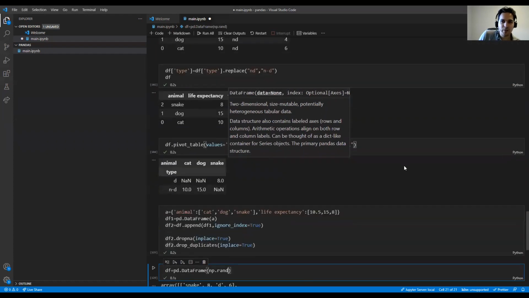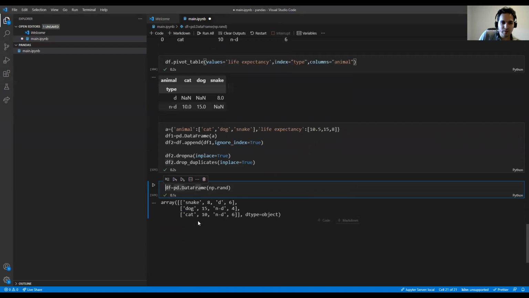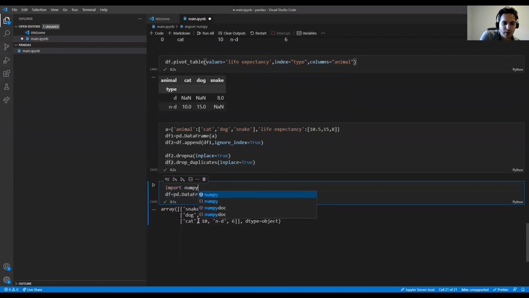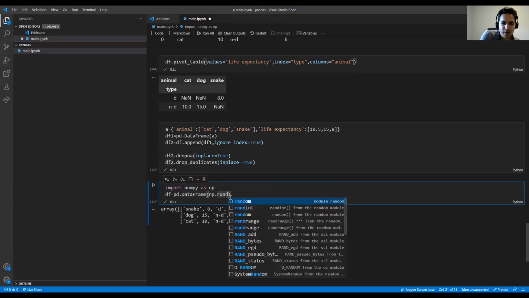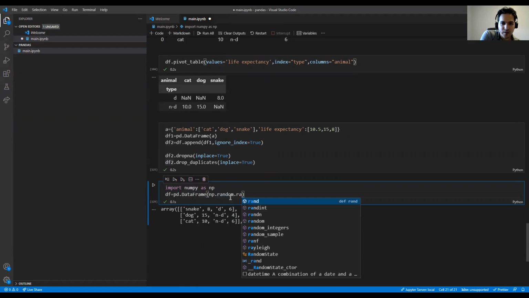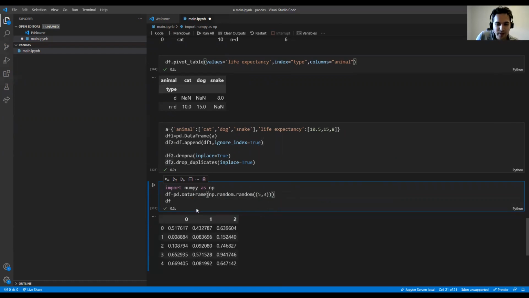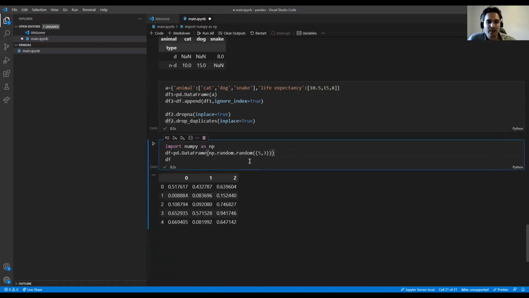Let me import numpy as np. Here I can say np.random, and I can pass a size, say 5 by 3. If I create a matrix like this, it would be a data frame,